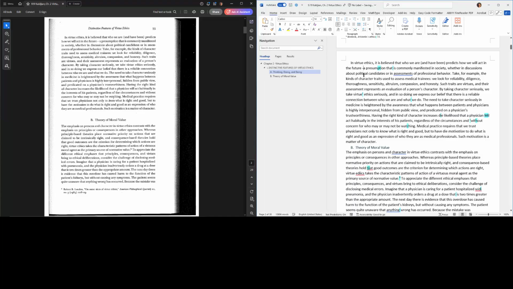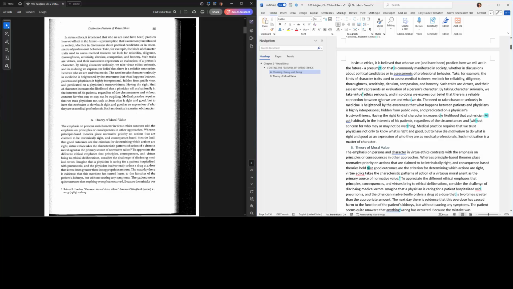A presumption, future, a presumption that is commonly take virtue. Where is this in the original? Virtue ethics seriously. May not. You've probably already found it. I'm having trouble. Okay, such traits over here. Such traits are virtues. No, I'm in the wrong sentence.